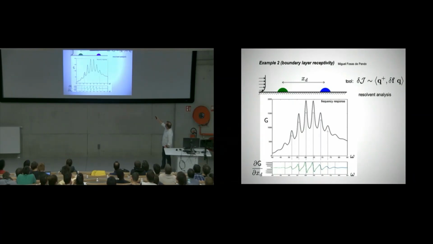So our delta F are all the terms that make this distance larger. And this is the curve we get. This is the change in G, in that amplification, divided by the changes in the distance between them. Okay, this is the curve we get. And we get that just by evaluating that expression. No new simulations, no new stability analysis.